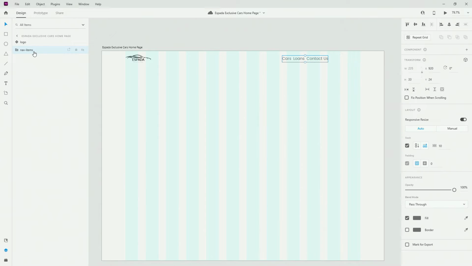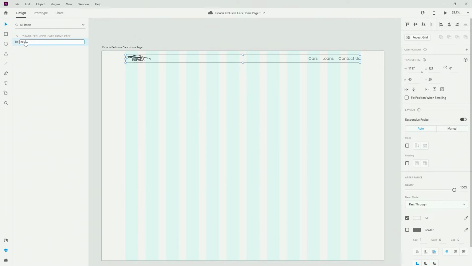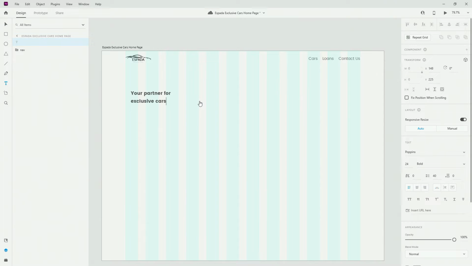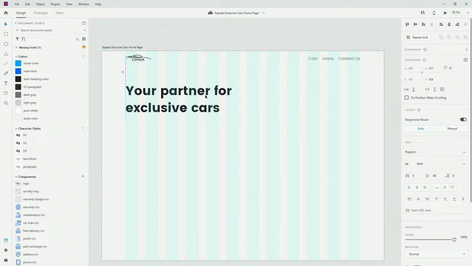So let's go back to our stack and turn on 24 and position it roughly around here so it aligns with the edge. Let's Ctrl G on that one, use nav for our navigation, and then what I'm going to do is start with my hero section, type in T and paste in some text. So your partner for exclusive cars, I'm going to use H1 right here, and make sure to align it roughly